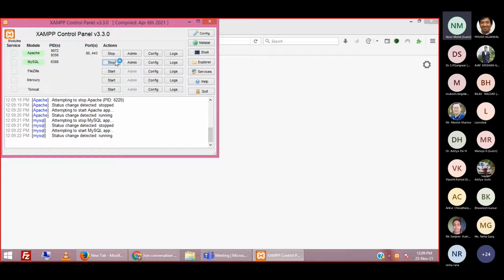In the last class, I demonstrated the practical steps to configure DVWA. The first thing you have to do is start the services of Apache by clicking here. Make sure that the two ports, port 80 and 443, are visible and the background is colored in green. It means the services have started.